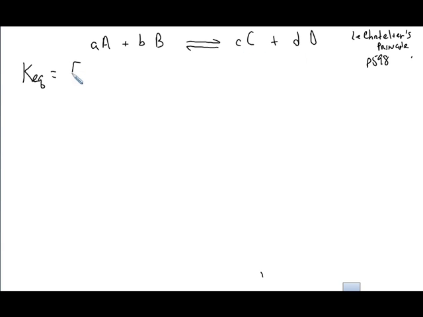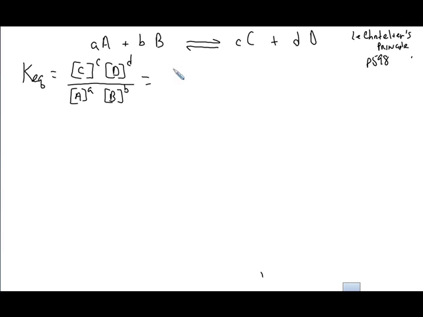So the way it looks is, and this bracket means moles per liter, it's the molar concentration of C raised to this power, multiplied by the molar concentration of the other product in this example raised to this power, and then that's divided by the mathematical product of the molar concentrations of the reactants. They're also raised to the power that you see in the balanced chemical equation. Of course, a lot of times this coefficient is 1, so there's not going to be an exponent. But if it is 2 or 3 or whatever, it's not a coefficient anymore. It becomes an exponent.